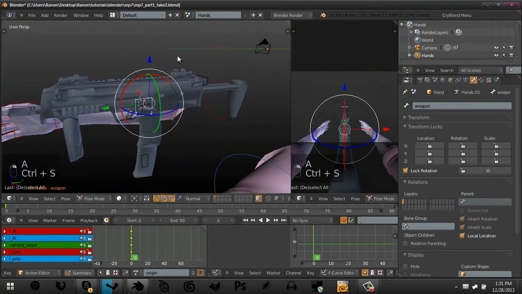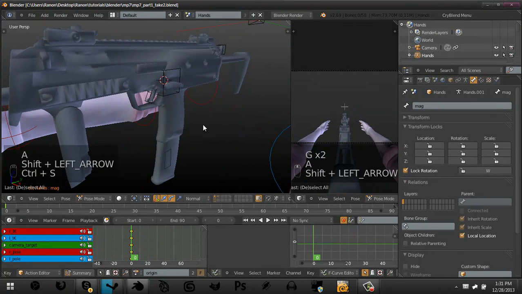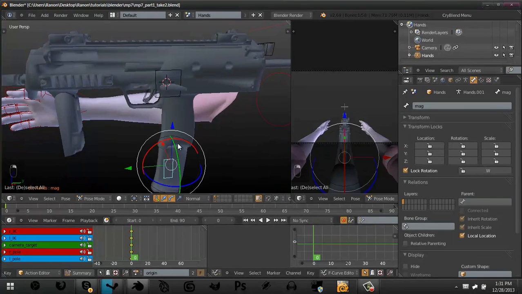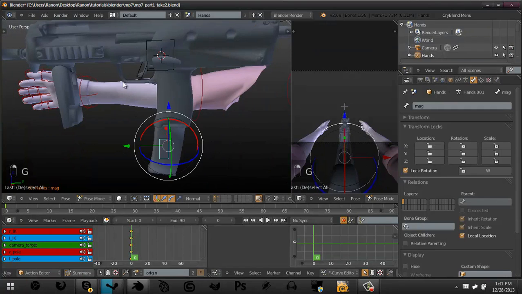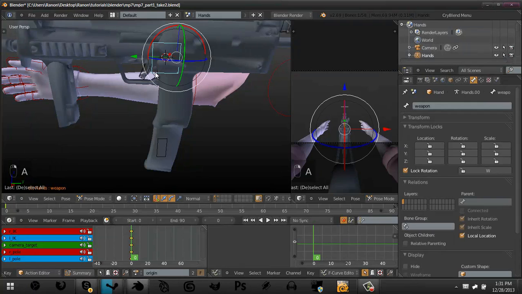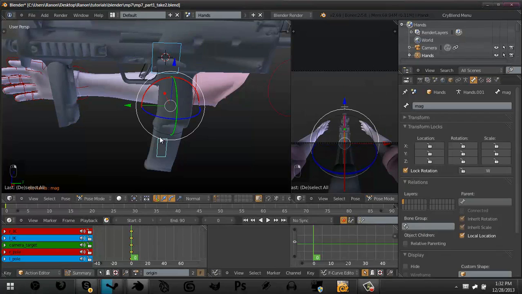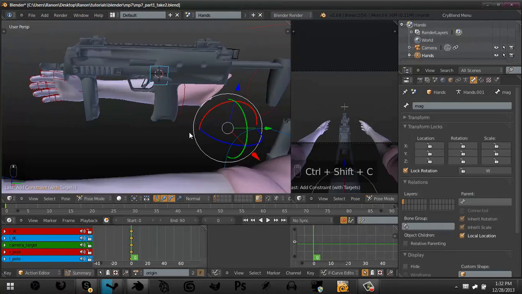So we've got everything parented, all the gun parts, except for the mag. And the reason for that is I'm going to use a child of constraint. And if you used 3S Max before, a child of constraint is basically a link constraint. It's a little different, but it does the same thing basically. So you want to select your main weapon bone and hold shift right click the mag and press Control Shift C and go over here and click child of,